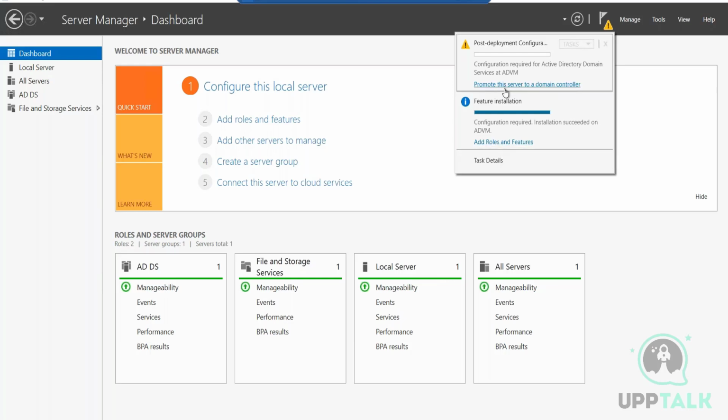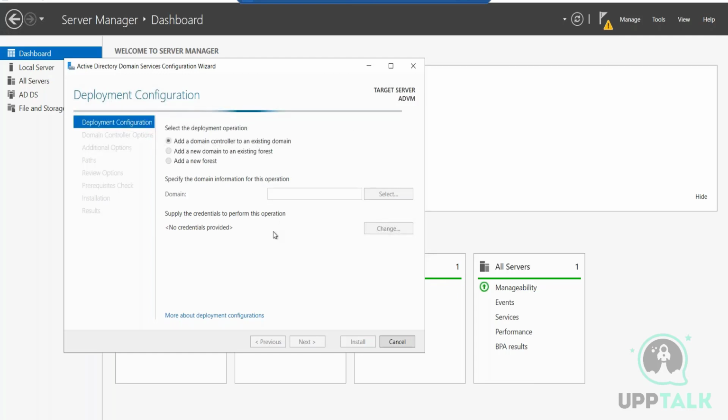Let me promote this server as a domain controller. So as an infrastructure team or an administration team, this is what they do when they are setting up the environment for the first time. That is promoting a machine, whatever domain name you want to mention. As far as this domain is concerned,